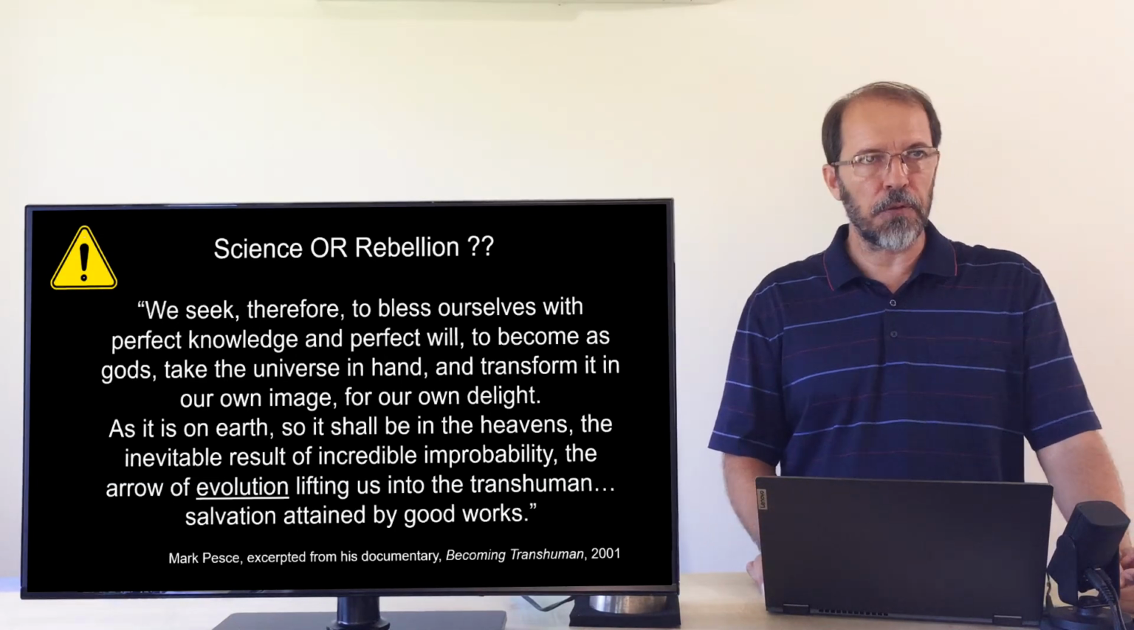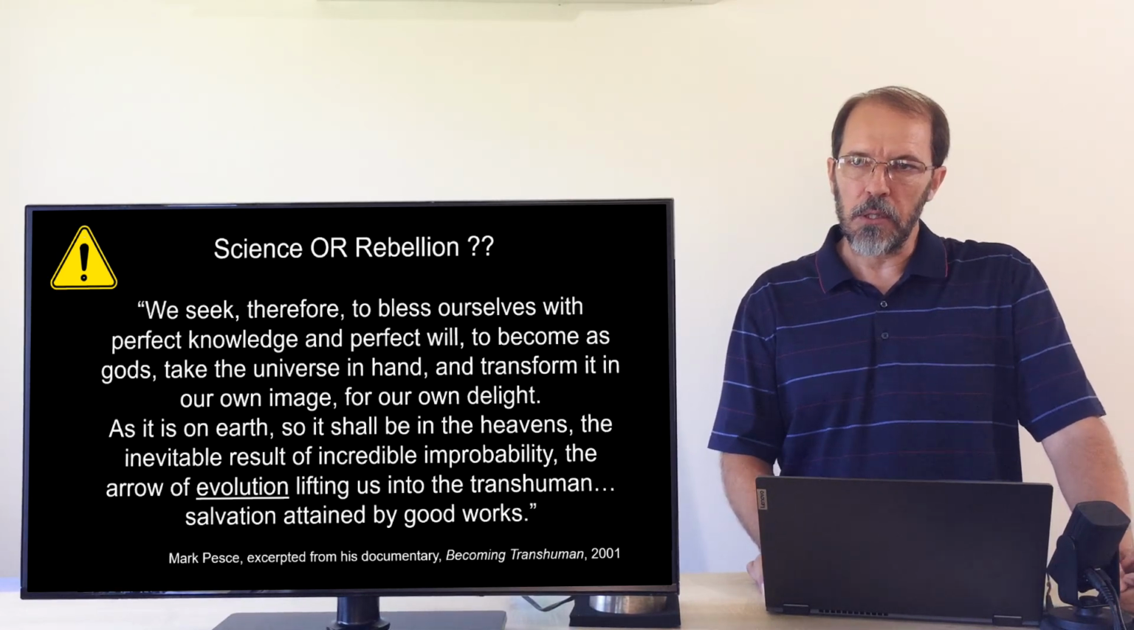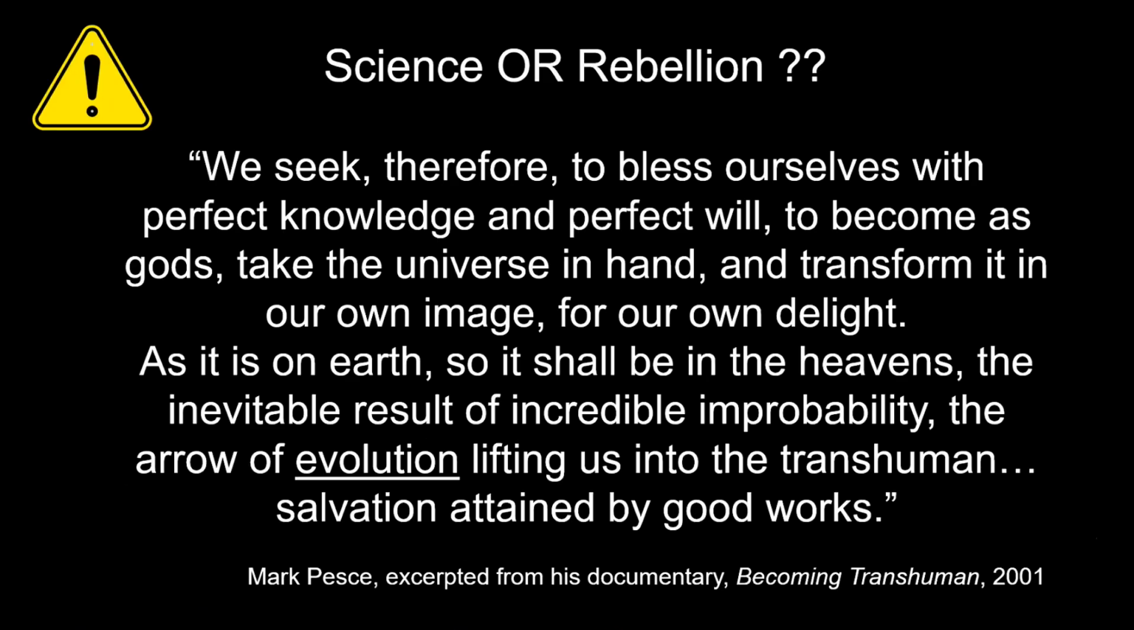Listen to this quote and see if you can identify any of the fruit of the enemy, any of these dethroning type fruit. "We seek therefore to bless ourselves with perfect knowledge and perfect will, to become as gods, take the universe in hand," how ridiculous, how pathetic is that statement, "and transform it in our own image," blasphemy, "for our own delight. As it is on earth, so it shall be in the heavens," the inevitable result of incredible